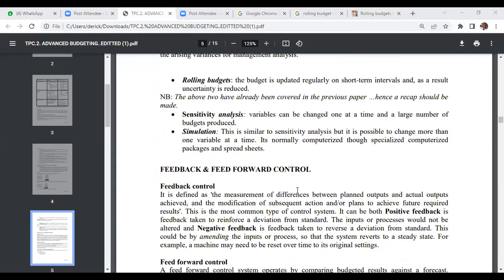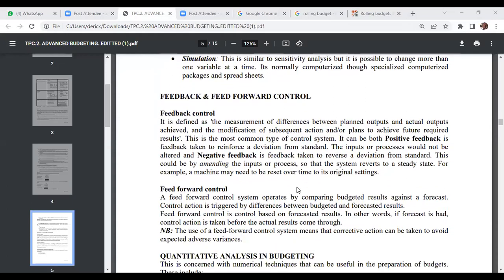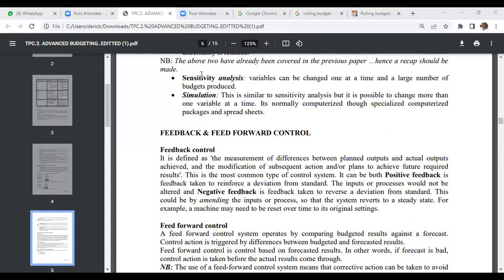Sensitivity analysis, simulation, I think you will look into it, but for sensitivity analysis, it is that tool that helps you to obtain the most important variable. If you have more than 2 variables, sensitivity analysis helps you to analyze which variable is most important. If you're saying you have management,